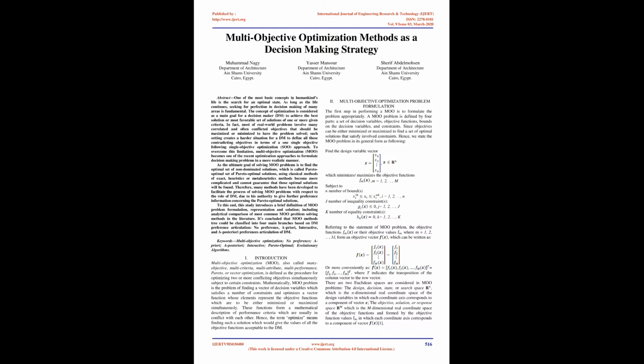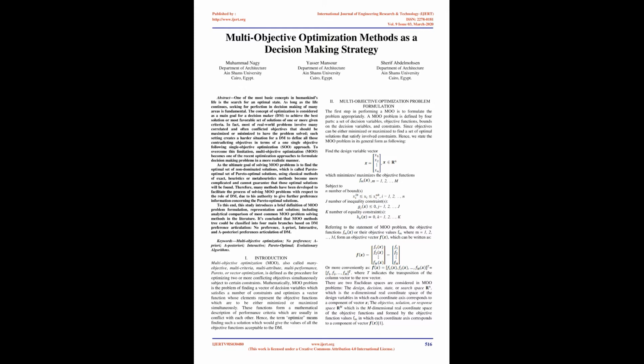These functions form a mathematical description of performance criteria which are usually in conflict with each other. Hence, the term optimize means finding such a solution which would give the values of all the objective functions acceptable to the DM. 2. Multi-objective optimization problem formulation. The first step in performing an MO is to formulate the problem appropriately. An MO problem is defined by four parts: a set of decision variables, objective functions, bounds on the decision variables,